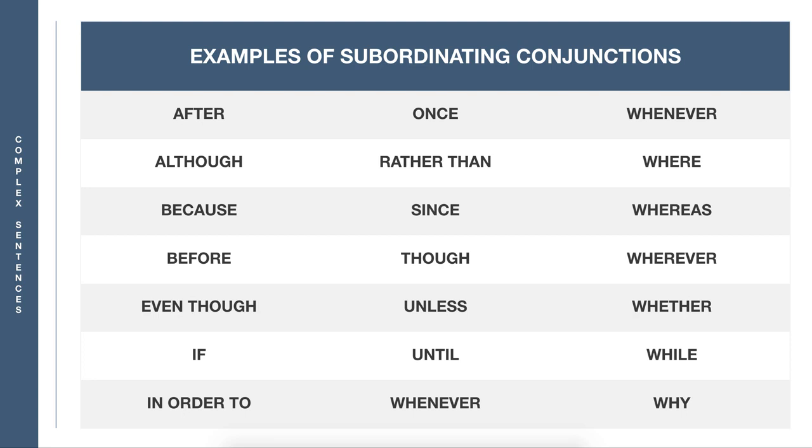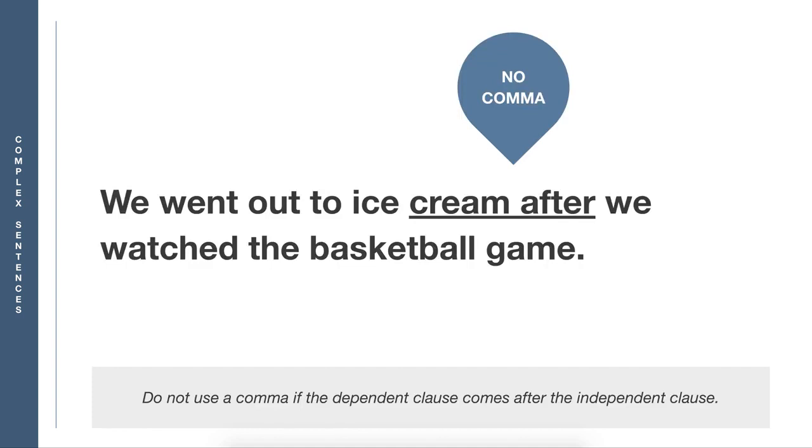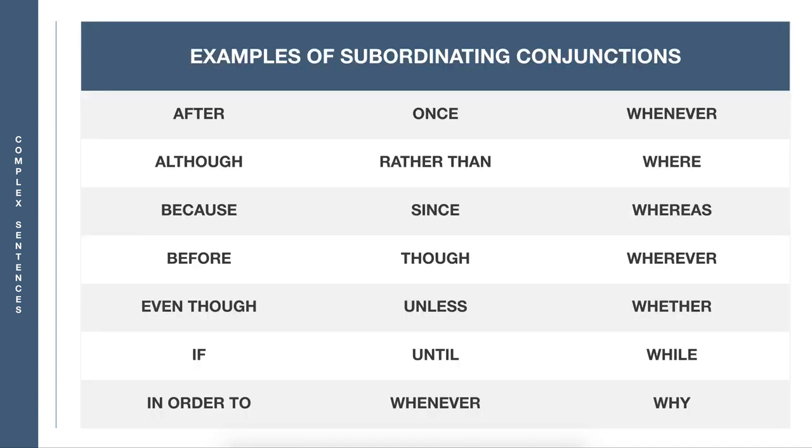You can read all of these, but the point with all of these is subordinating conjunctions. What they do is they turn an independent clause into a dependent clause. And they do that by creating cause and effect or sequential relationships. Here's an example. If we return back to our sentence before, we have "we went out for ice cream." That is our independent clause. But our dependent clause starts with the word "after": "after we watched the basketball game," which you will notice is a